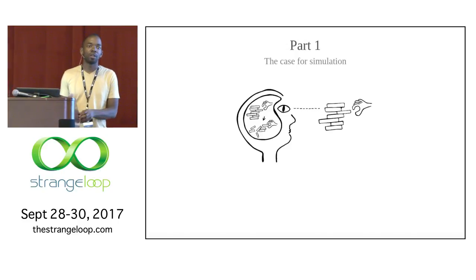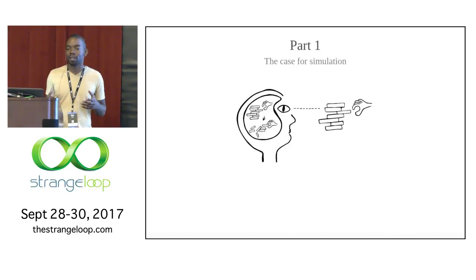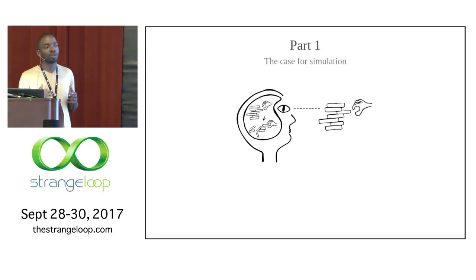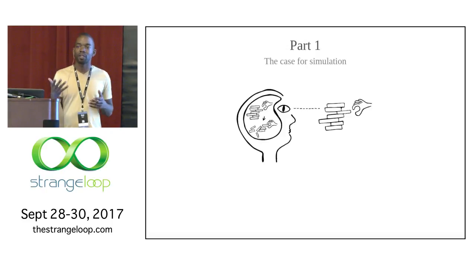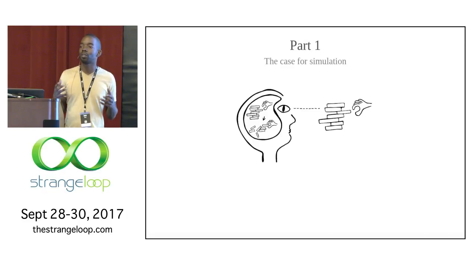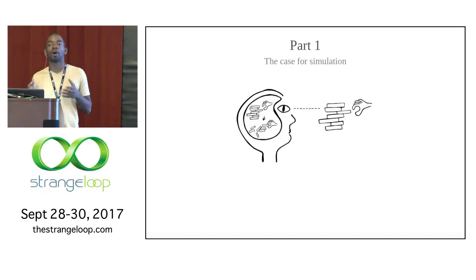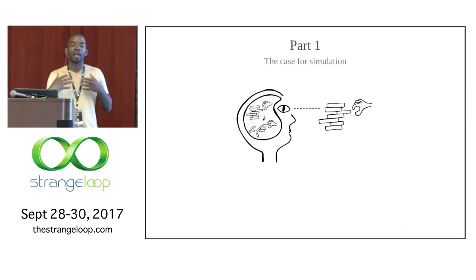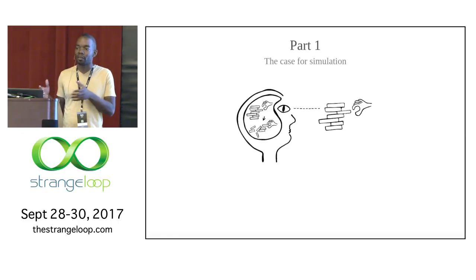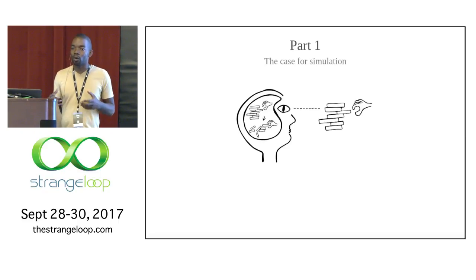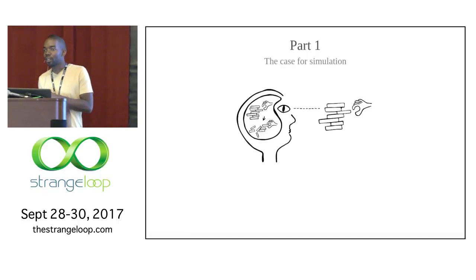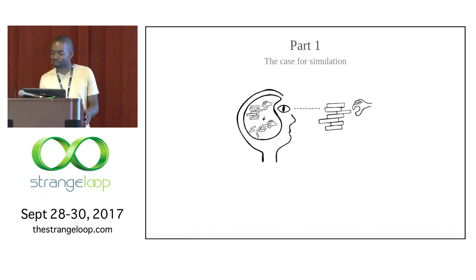So, in part one, I'm really going to try and build a case. And the case I'm building is for this idea of mental simulation. So I really want to convince you of three things. One, that there's a large body of experimental evidence which suggests that mental simulation is a core part of human intelligence. And two, that in order to build AI that's more general than the AI we have at the moment, we're going to need to emulate or copy this idea of mental simulation in machines. And three, that it's a really hard problem.